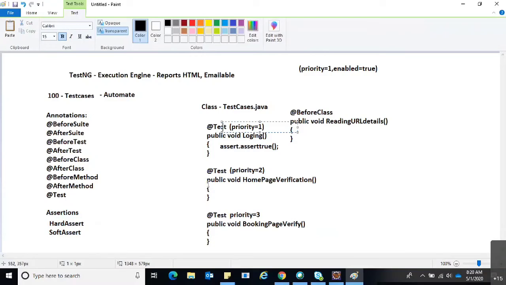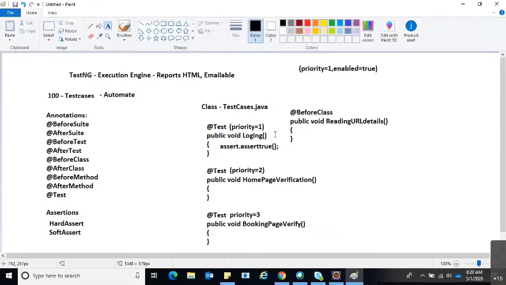And why do we use soft assert? Suppose even after this hard assert, I have some four to five lines of code. If it fails at this particular hard assert, it is not going to read the rest of the four lines of code. It will directly stop at this particular line. But in soft assert, even if this particular condition fails, it will execute the complete lines of code.